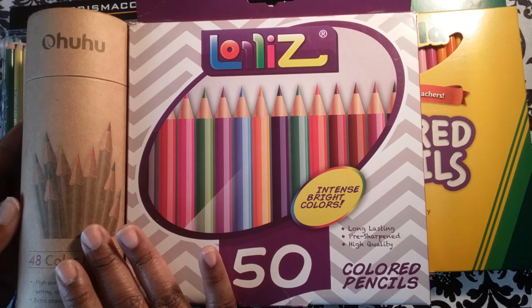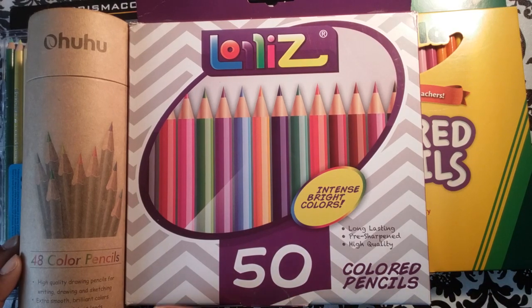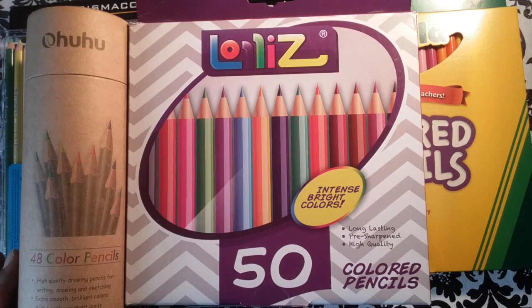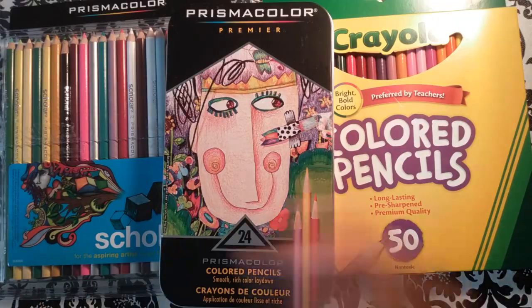Now, the reason why I say get oil and wax, but get an inexpensive one, Dollar Diva style, is because you may like oil-based better than wax-based pencils. All of this is for you to enjoy your coloring experience to the full, so that you can know what you like. Okay? So now that you have your pencils,